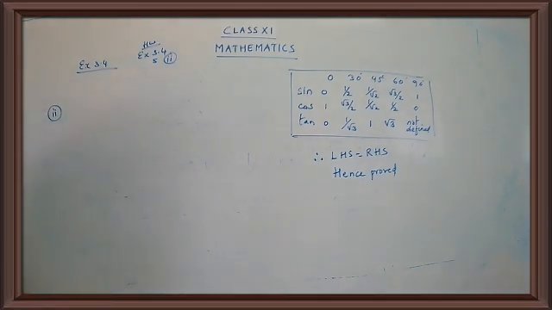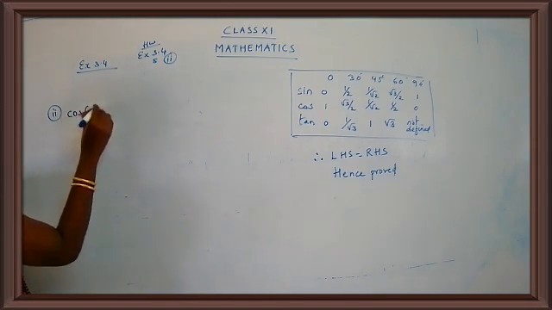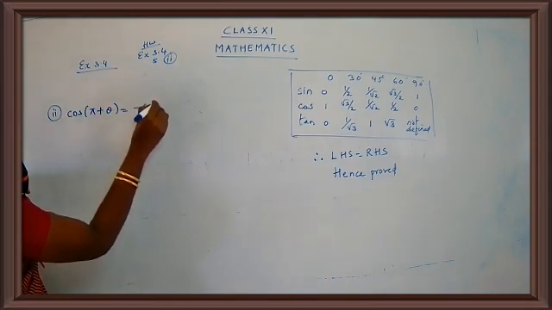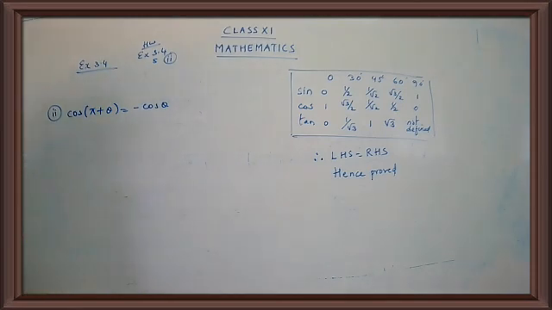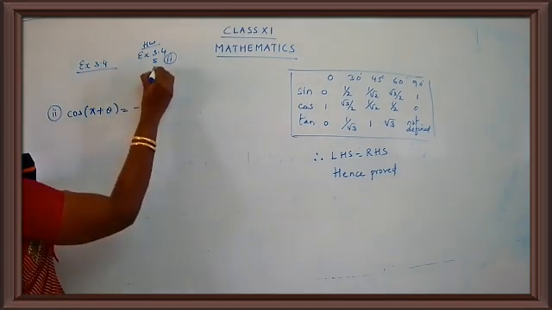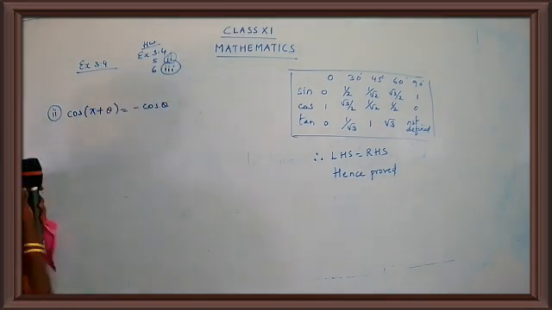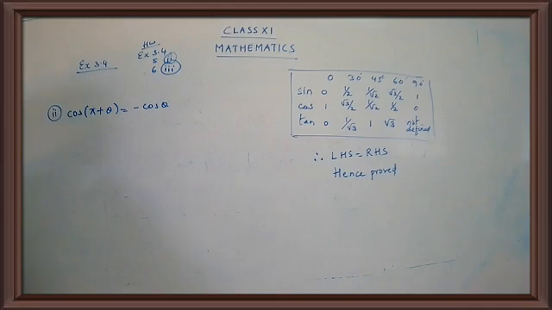It's cos of pi plus theta is equal to minus cos theta. Yes, this is what we have to show, children. Cos of pi plus theta is equal to minus cos theta. And from question number 6, the third subpart will be homework, children. Fifth, second subpart is homework, and also the sixth, third subpart will be homework. I have done the first one. Now we are going to do the second one.